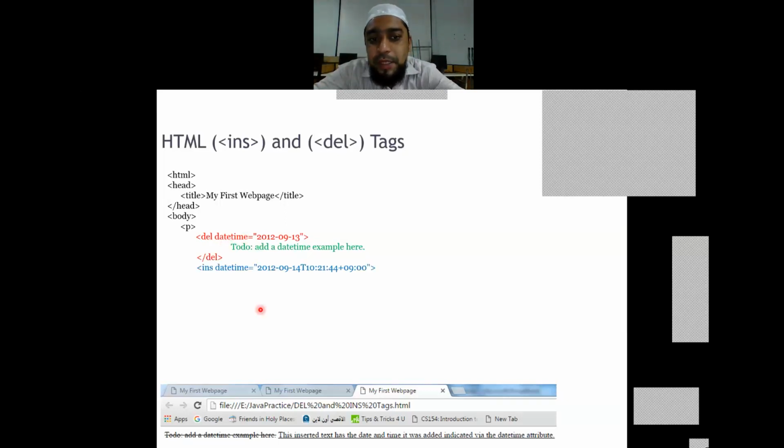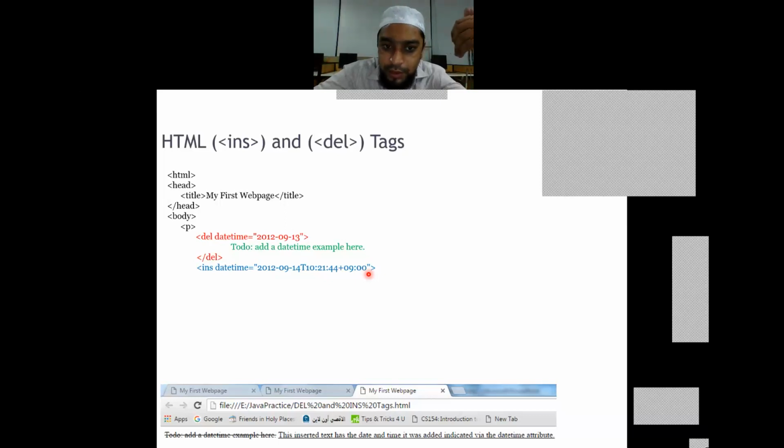Similarly, if something is introduced for a new purpose in the website, when it was inserted, when it was introduced, has to be tracked. So the same date and time, as I told here, we can keep an entire timestamp. Here it is: the date with a T timestamp, what hour, what minute, what second, and the change as per the international scenario.